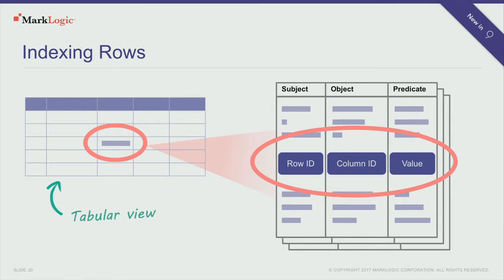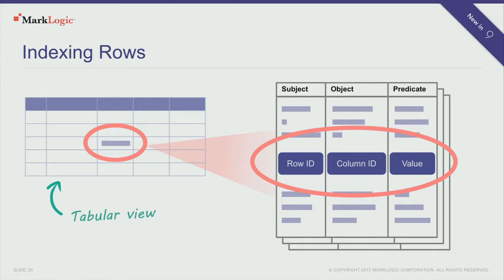So David talked this morning in his keynote about the ability to project rows out of the documents and triples. So having that document view of the world is convenient. We talked about how natural documents are for expressing human-readable data. But also, it makes sense to be able to project out rows and columns in order to integrate with things like BI tools. So what we've got is a new technology in MarkLogic 9 that allows us to project out of those documents and those triples into what essentially amount to relational views.